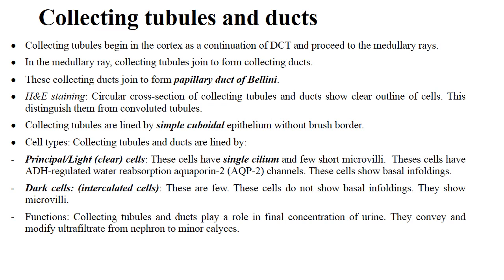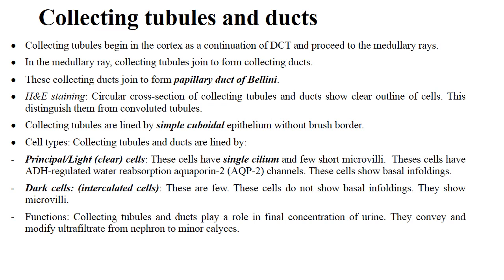Second, collecting tubules are lined by simple cuboidal epithelium. They do not have a brush border, but it becomes columnar as the size of the duct increases. There are two types of cells in the collecting tubules and ducts. There is the principal cell, also known as light cell or clear cell, and the principal cells have a single cilium, they show few microvilli, and they have